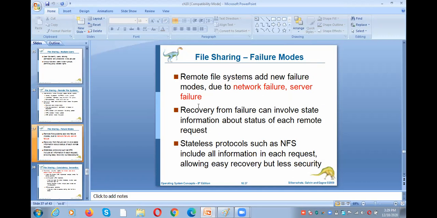network. Once the network has failed, or once the server goes down, we cannot get the information from the server. We cannot get the file from the server, or we cannot communicate with the server. So in order to recover from the failure, we need to know the status of that particular request. Based upon the status of the request, we can recover from the